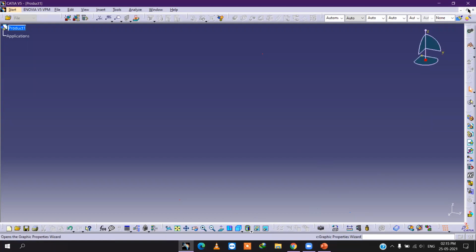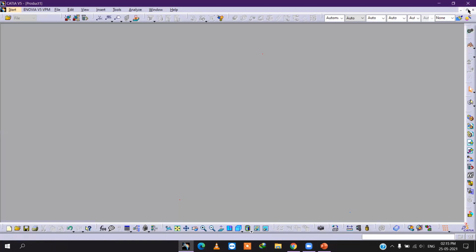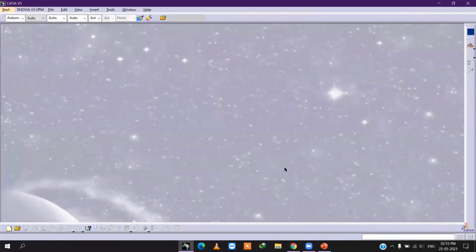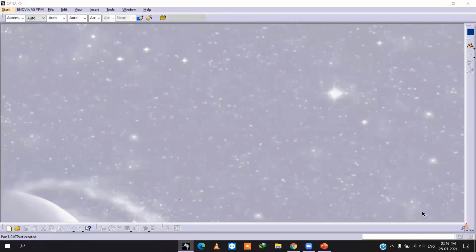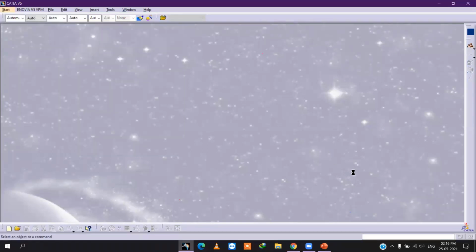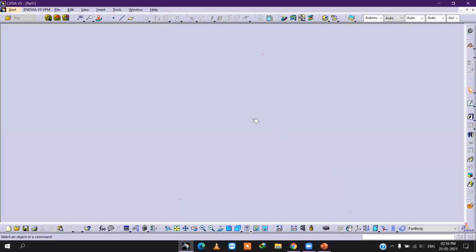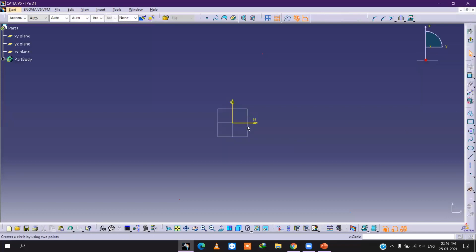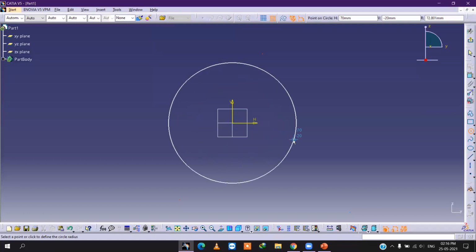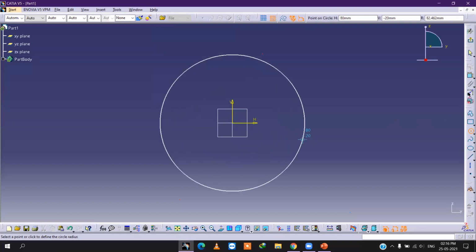Here we go. This is the CATIA V5 workbench. Let's go for design. I've selected one plane. Now let's give the dimension.